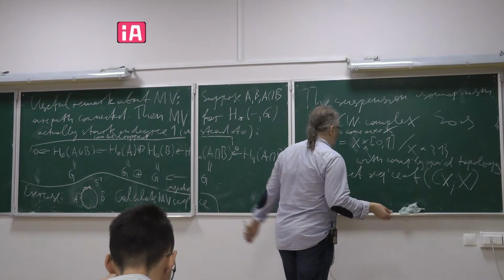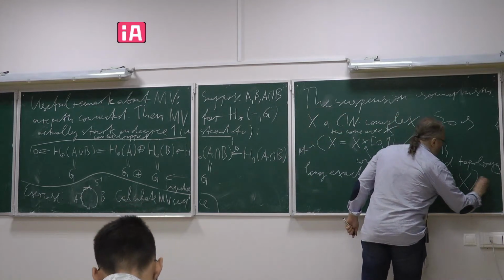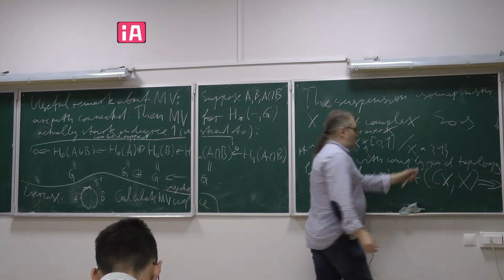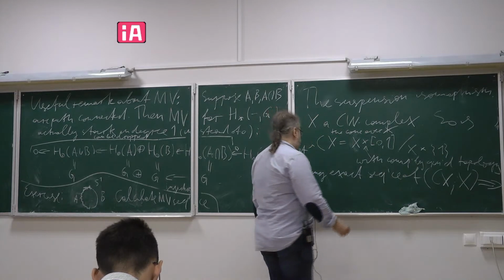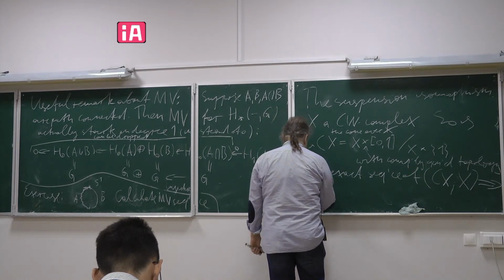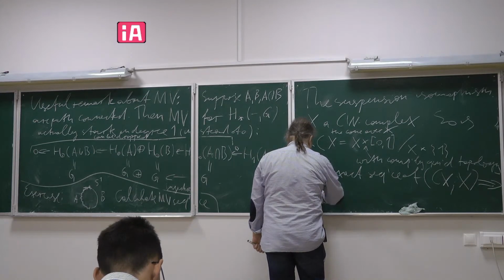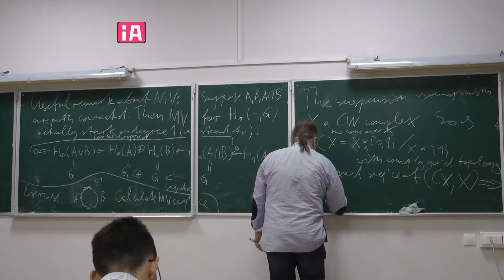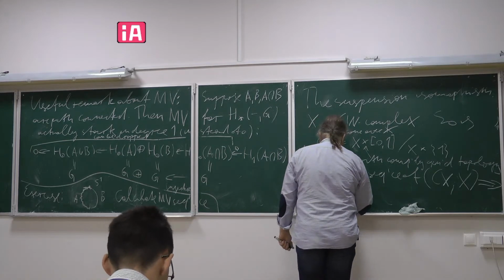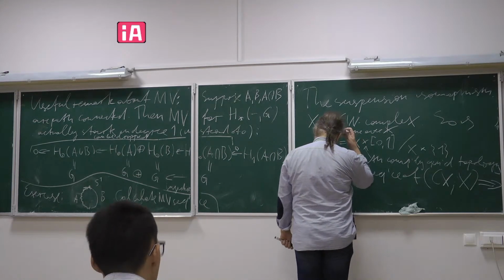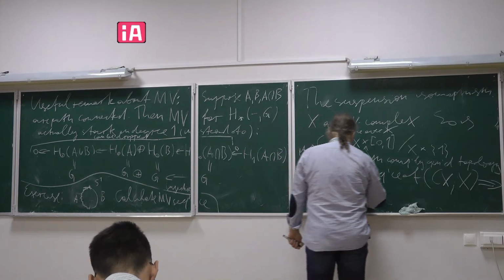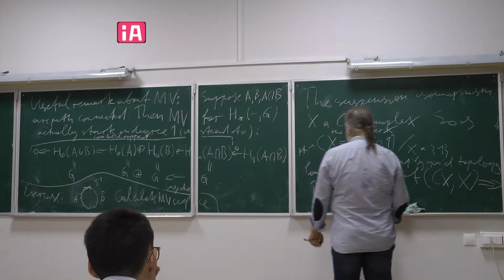Now, by looking at the long exact sequence of the couple CX, X, we get isomorphisms